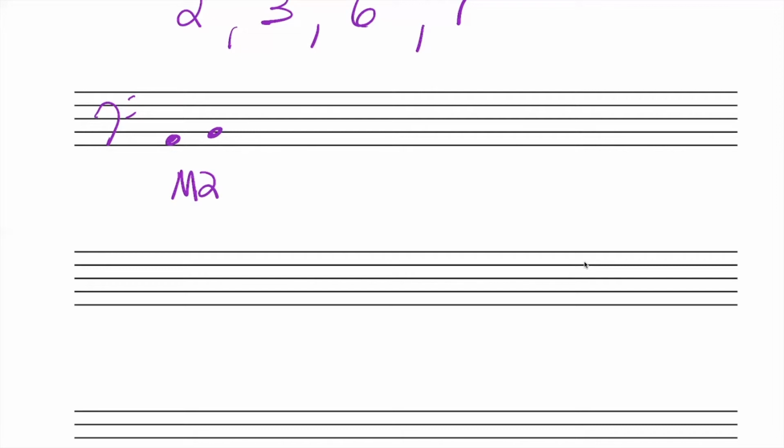So, if A to B is a major second, A to B flat, which reduces the interval size by a half step, now makes it a minor second. Therefore, a minor second is equivalent to a half step, which we've already been talking about since we started studying